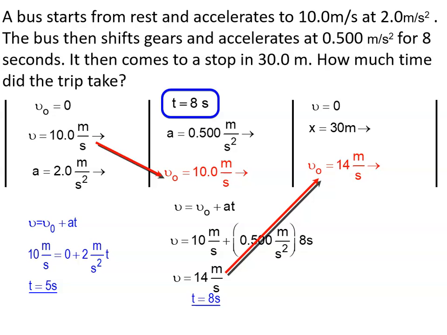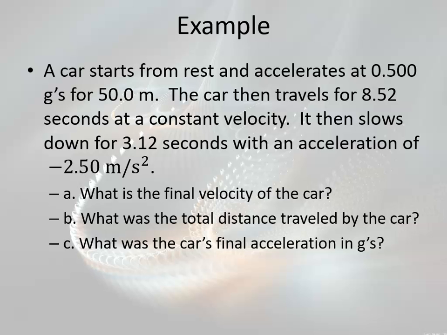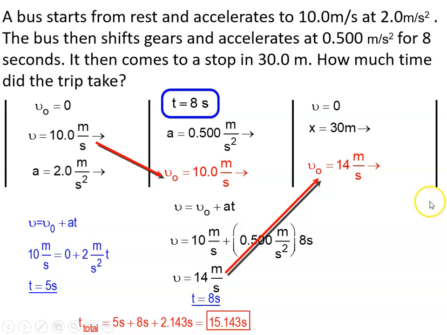What about delta t3? We're not given any value for the acceleration here, but we could use our v average equation. That is delta x over delta t equals v naught plus v over 2. Or in this equation, it would really be delta x3 over delta t3 equals v2 plus v3 over 2. But in any case, once you do that, you're going to end up with a time of 2.143 seconds at the end of segment